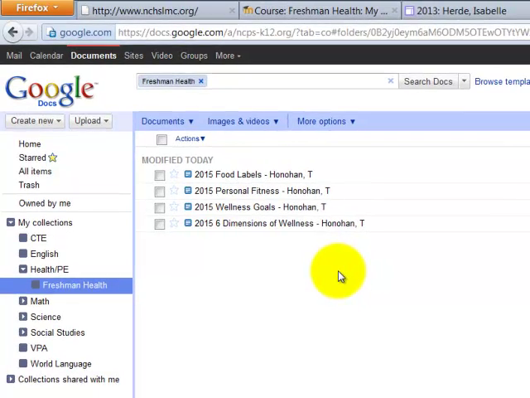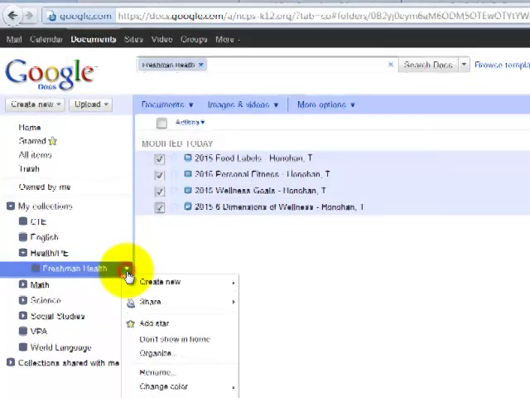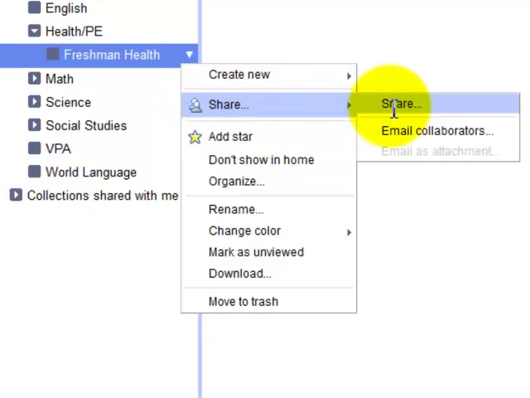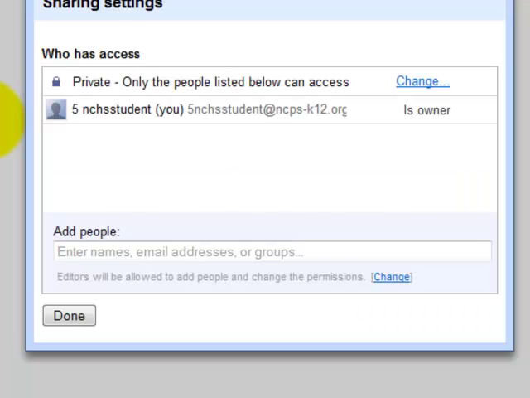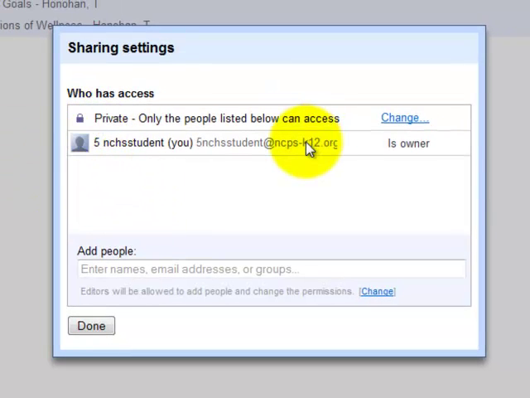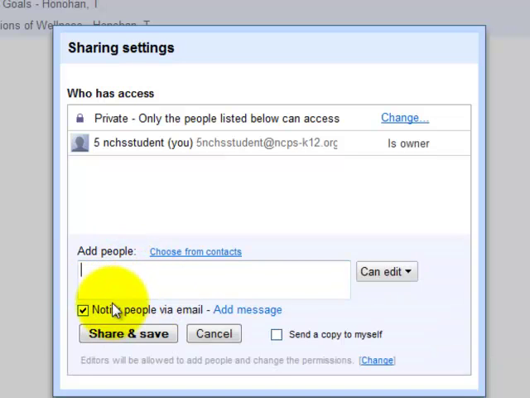Okay? So instead of sharing it individually each time, we're going to do something fancy this year, and we're going to click on the entire folder that you created, and you see this share button, and you're going to click on share, and right now, it's private. I'm the only person who can see it, and we're going to add people. Now, if you add people, you may want to send them an email, but in this case, don't send an email. We love the class of 2015, but we do not want to get 350 emails saying, hey, we've shared a collection with you. So what we're doing is unselecting this button, and you're going to click in here,